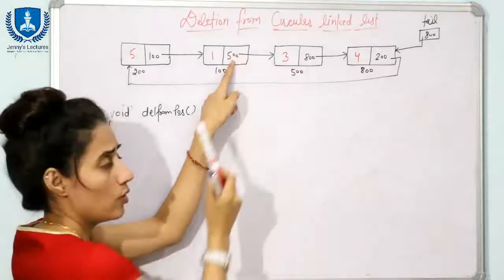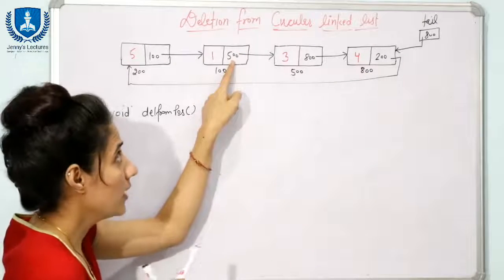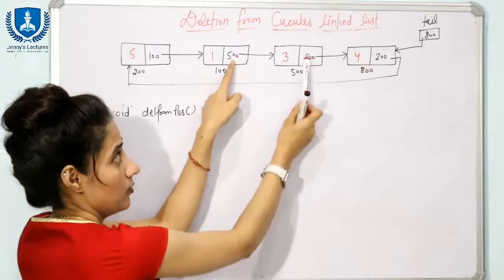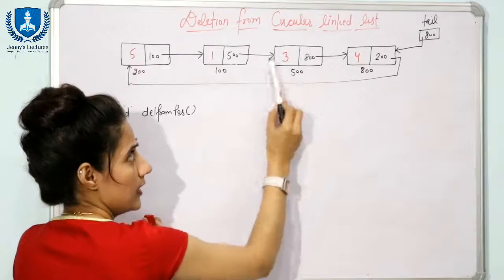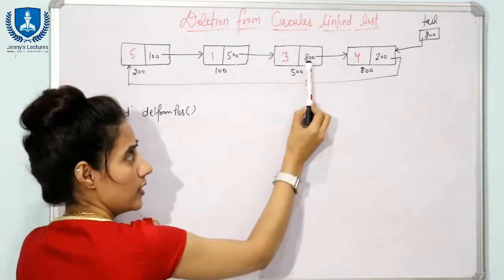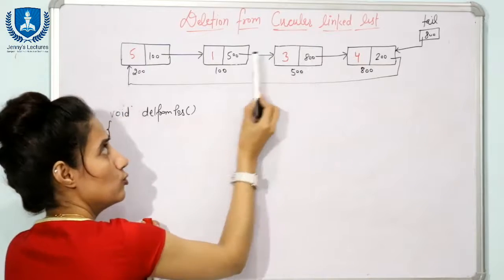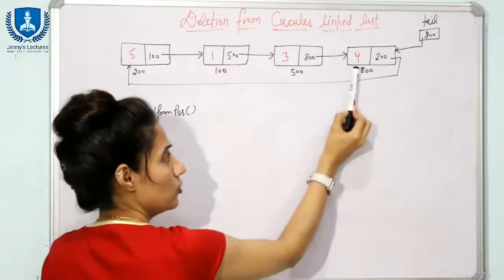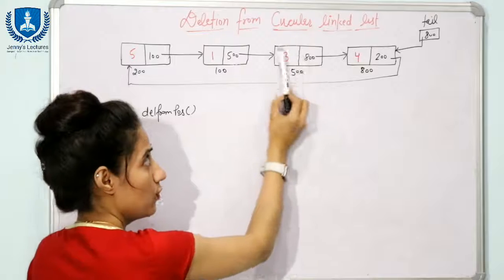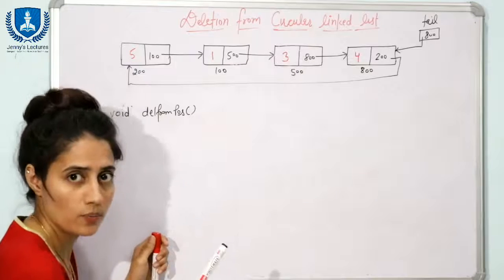So here we will store what? 800. Now from where can I get this 800? From here. Means whatever address the deleted node's next pointer is containing, that address we need to store in the previous pointer, so that this pointer is now pointing directly to this node, and so we can free this node now, right?